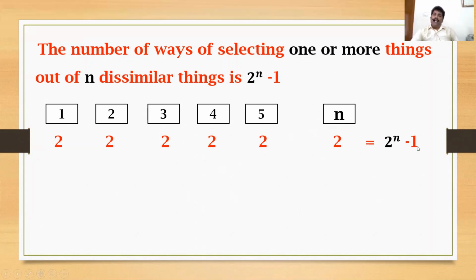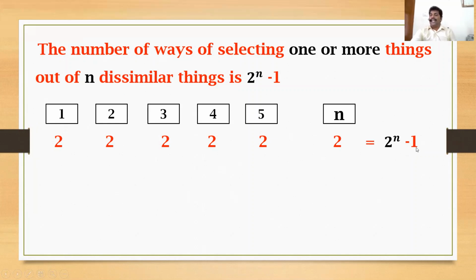Then what about this minus 1? Here what I am saying is first box has 2 chances, that is selecting or not selecting. Second box also has 2 chances, selecting or not selecting. Third also selecting and not selecting. Suppose in first box 2 chances, selecting or not selecting. I have not selected this one. Second also not selected. Third also not selected. Fourth also not selected. Like the 10th one also not selected. Then what will happen? The given question is number of ways of selecting one or more. At least one you have to select. So the case of not selecting any, we have to subtract.